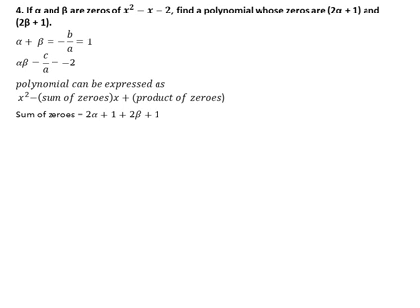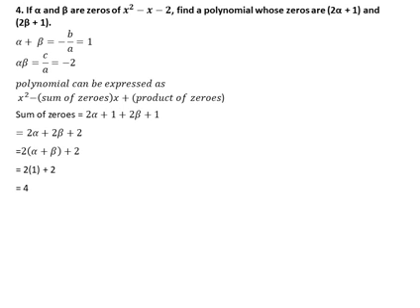What are the like terms there? We can add 1 and 1, which is 2. We can take 2 commonly from the 2 alpha and 2 beta. If we take 2 commonly, so 2 of alpha plus beta, plus 2. We already found the value for alpha plus beta. So alpha plus beta is equal to 1. So 2 into 1 is 2, 2 plus 2 is 4. Sum of zeros is equal to 4.